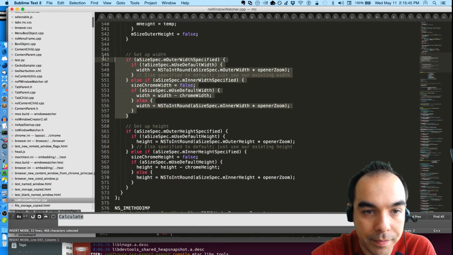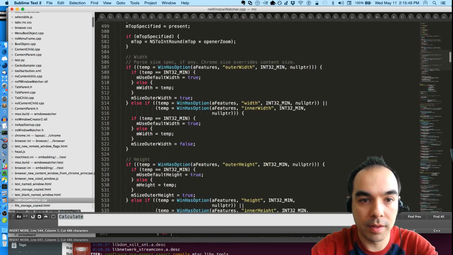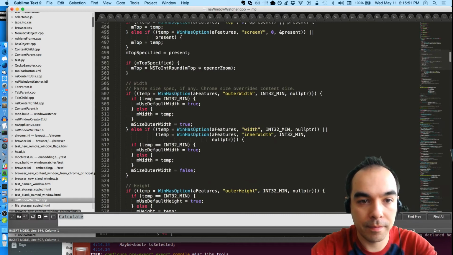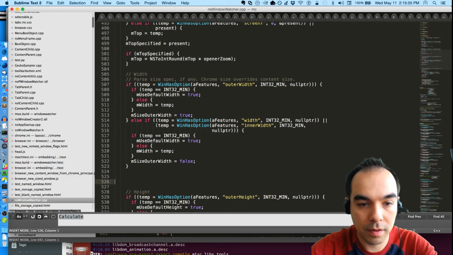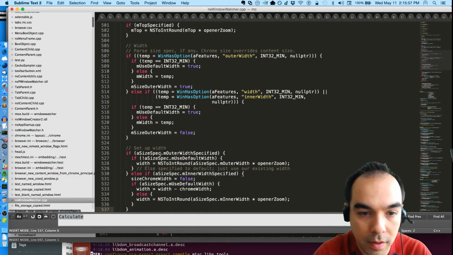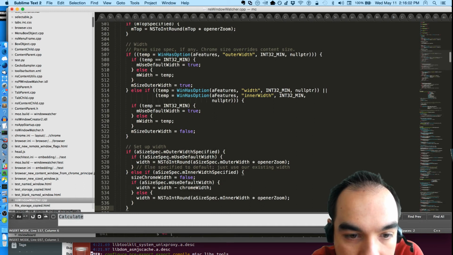Okay. So, we're going to put this up in here. If the outer width was specified and we're not using the default width,